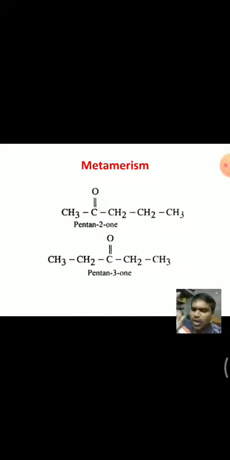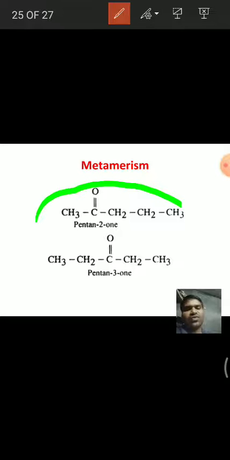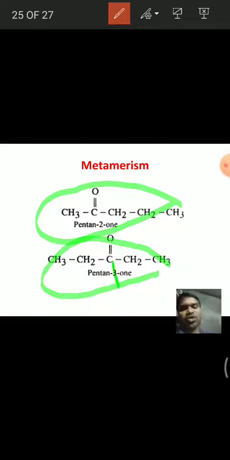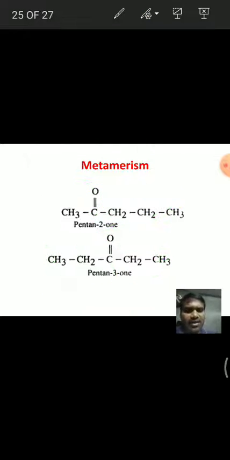First of all, they are said to be isomers, and again they differ in the structure. Hence these are said to be structural isomers or constitutional isomers. In that, they come under metamers, because in the first one and the second one, the functional group is the same, that is the keto group, but the difference is in the alkyl groups attached to the functional group.